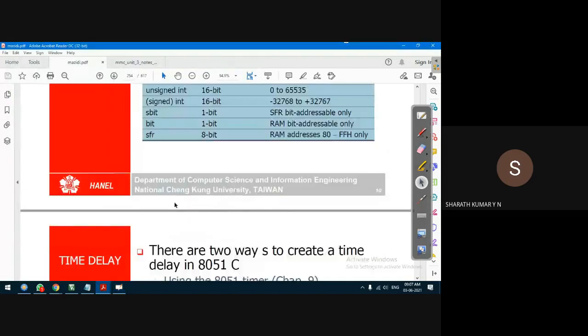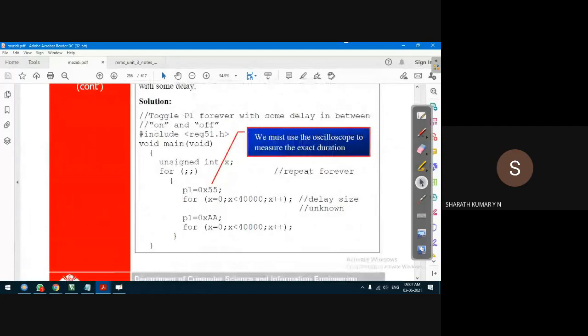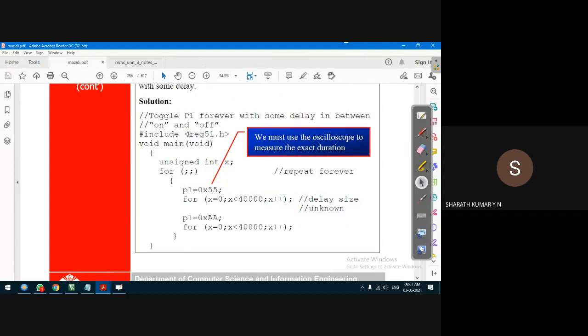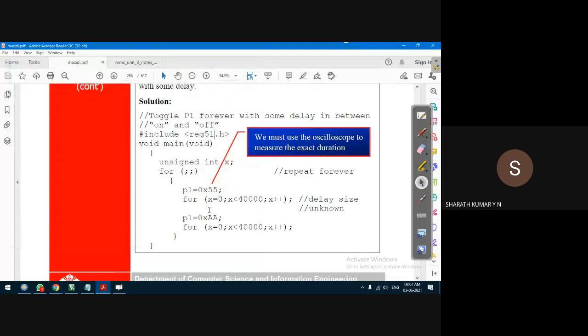Before we write a program in embedded C to perform a particular operation, we should understand what this reg51.h consists of. As the name suggests, it's a header file. .h is a header file. Such kind of header files we have come across in our first year C, like stdio.h, conio.h, math.h, graphics.h. There are many. You must have come across even many more header files.